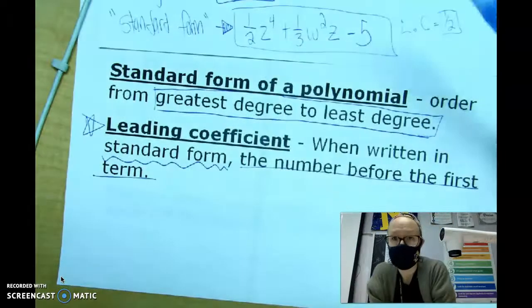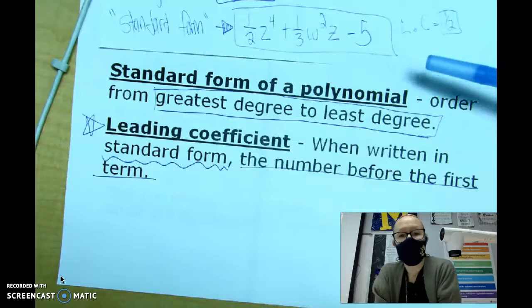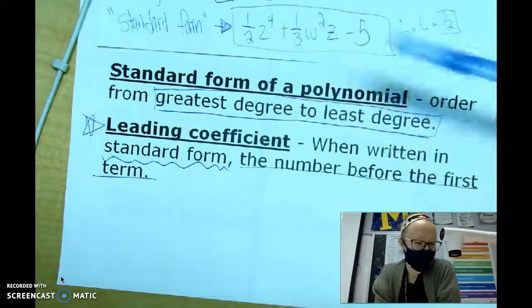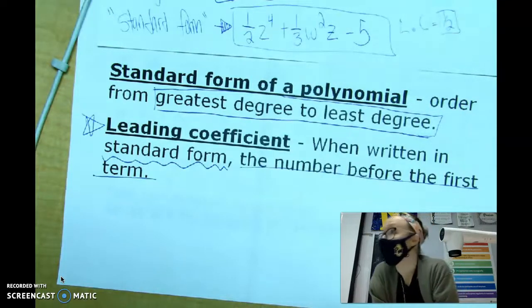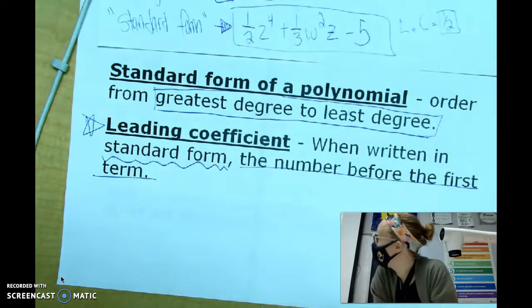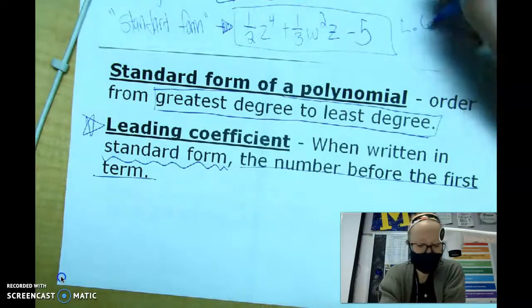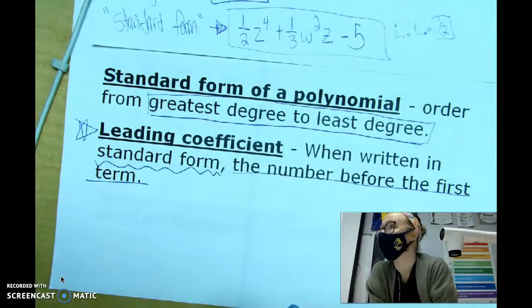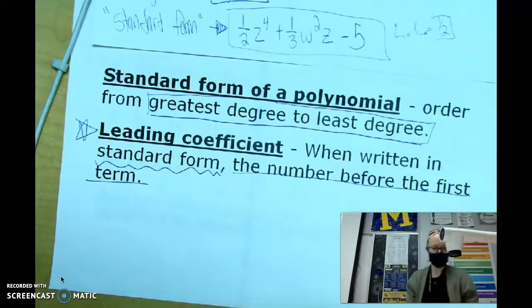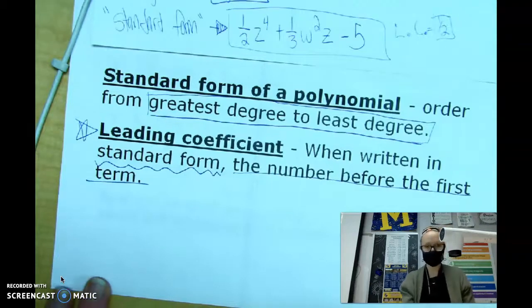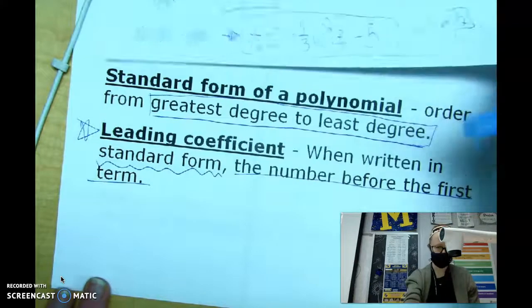And hopefully you can see the importance of putting this in standard form first, because if you didn't, you would have the wrong leading coefficient of 1/3, right? You can feel free to shorten leading coefficient to LC as well instead of writing out those words. It's a lot of words. As long as I know what you mean, we're good. All right, let's move on